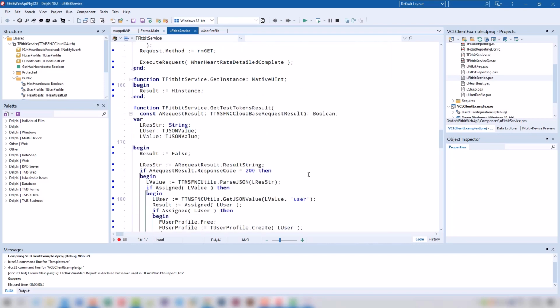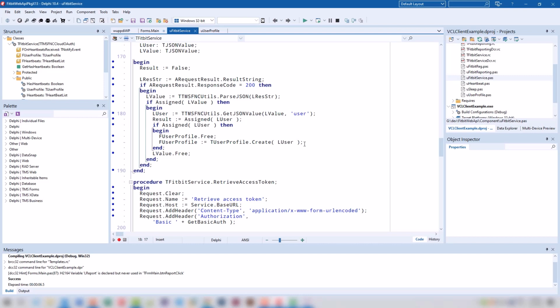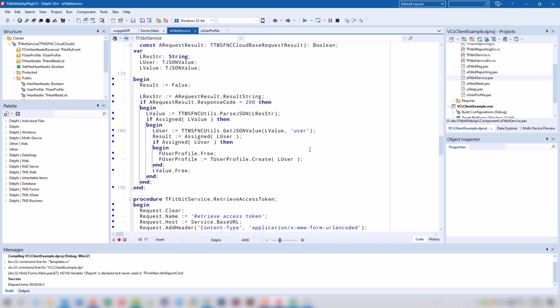It's actually quite useful, because with it, at the same time, we get all the information about the user that is connected to the service. So just think about it: even though it is nothing that is required, if you make a request to the web service API, you should only make requests that are useful. You could pick any other endpoint in the web service API to test if your access token is still valid. You just have to find a combination where you know that your access token is no longer valid.